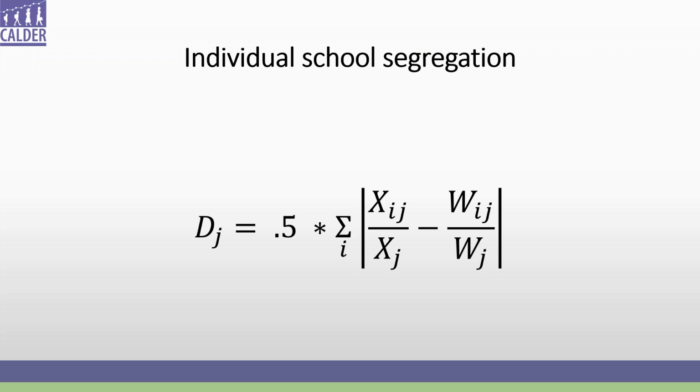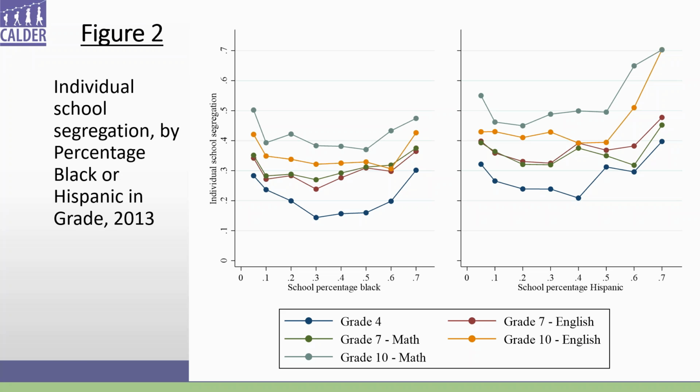The answer looks like this. If you'll kind of put your hand mentally over the lowest percentages, you'll see that there's an upward slope where on the x-axis, let's take the left one, percent Black in the school, and on the y-axis, how segregated. If you look above, say, 30% Black, you'll see it is indeed the case that a higher percentage of Black in the school means more segregated. Same thing goes for Hispanic-white, starting at about 20%.